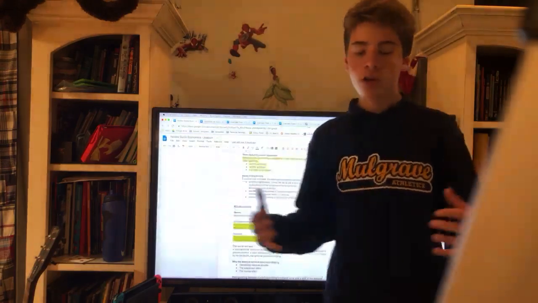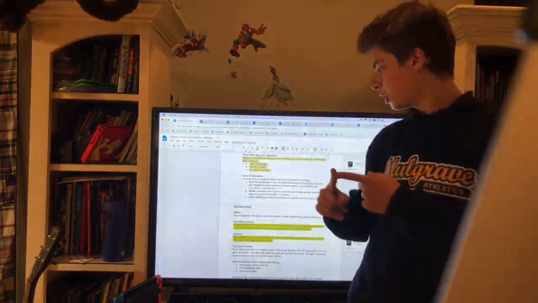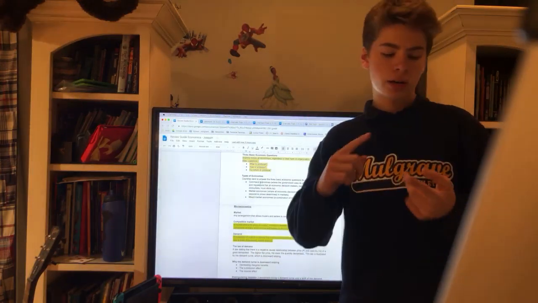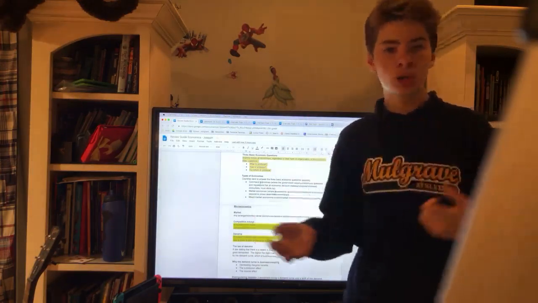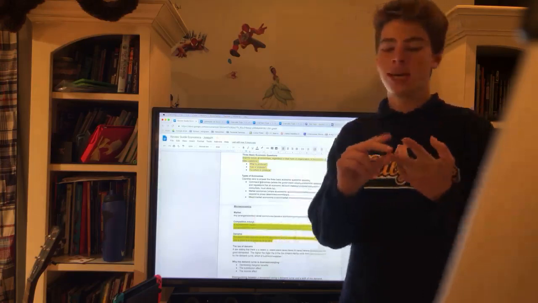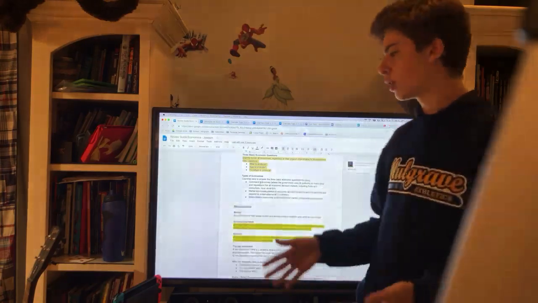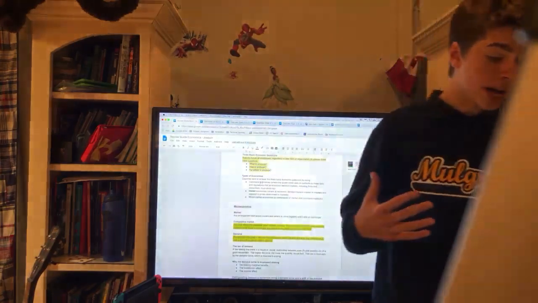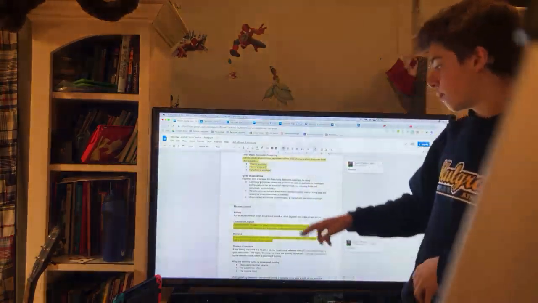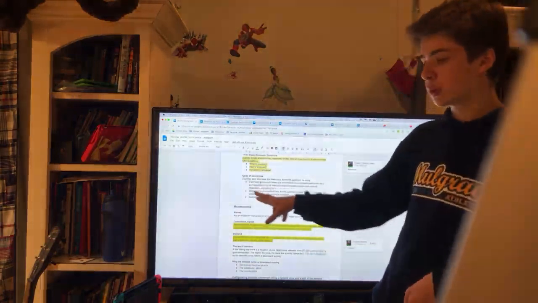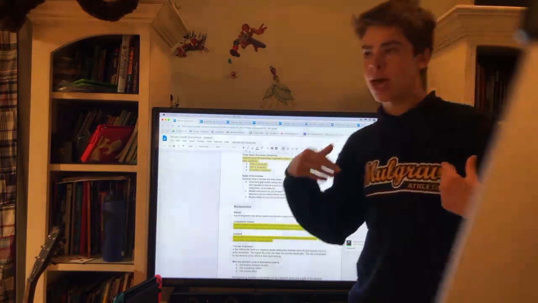Types of economies, there's just two really: command and market. Command is when all markets are controlled by the government, and market economy is the exact opposite. All markets are controlled by the people, and I have to say, market economy is much, much better,